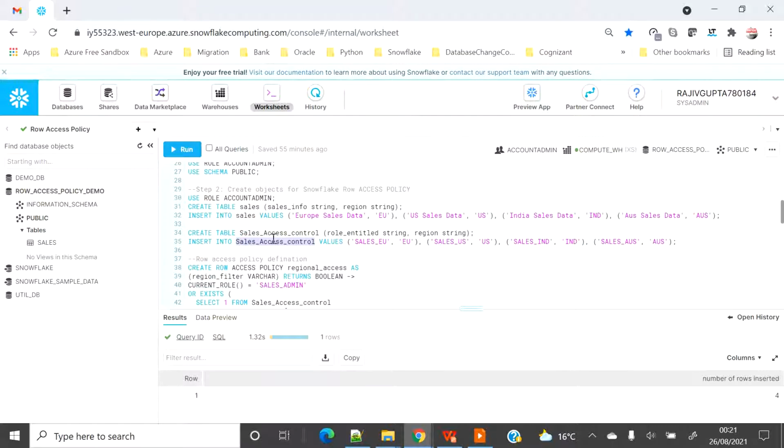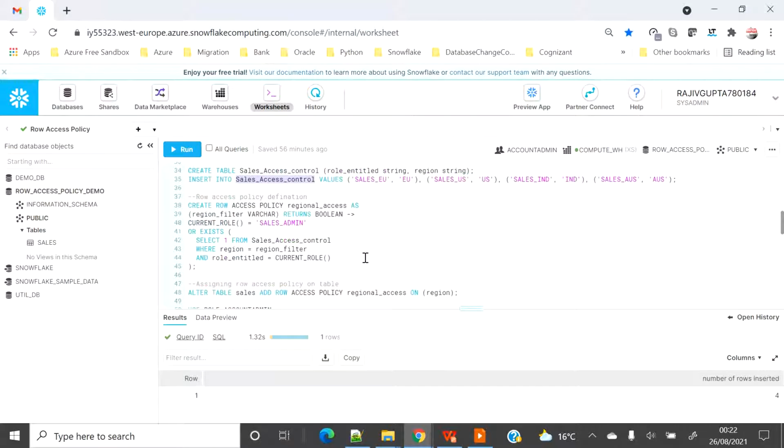Unless we give the grant of this table to a particular role, we will not be able to execute the view, because that view is dependent on that filter table. So that was one of the shortcomings, because even if we have filtered the rows on the table, if somehow the end user knows the name of the filter table, they can easily see what role is assigned to them.